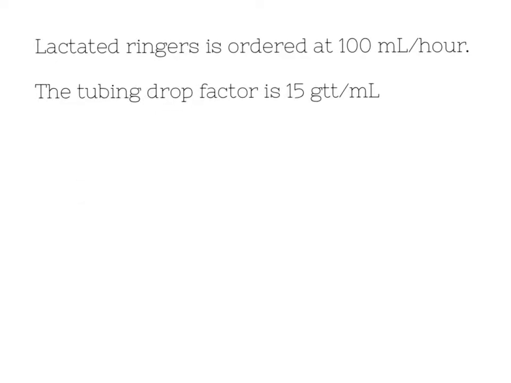Okay, let's do one more. So we have lactated ringers ordered at 100 mLs per hour. The drop factor is 15 drops per ml. This really is not a different problem from the very first one we did. I'm just calculating it at mLs per hour instead of 1,000 over 10 hours. And then I'm going to show you the division factor because it's going to make more sense. So, well, not to be so repetitive, but drops per minute